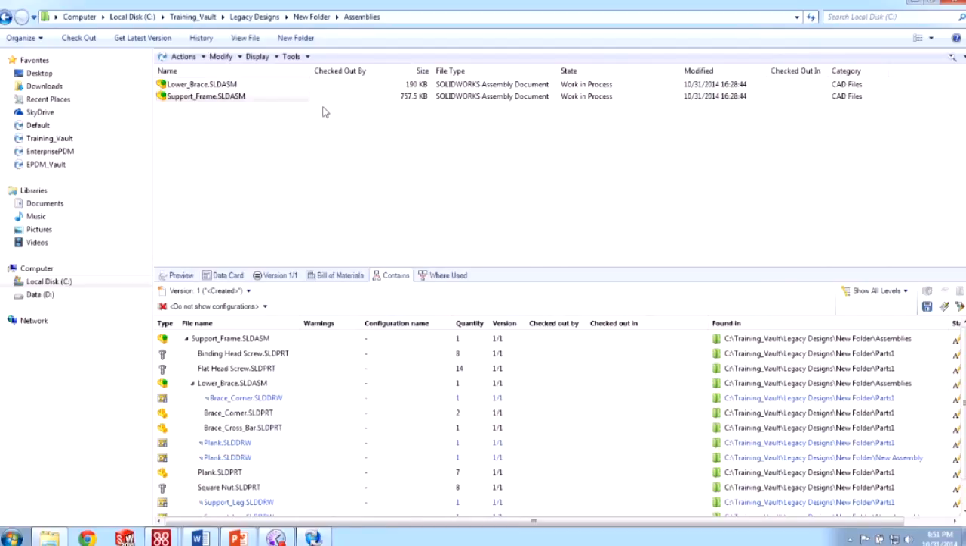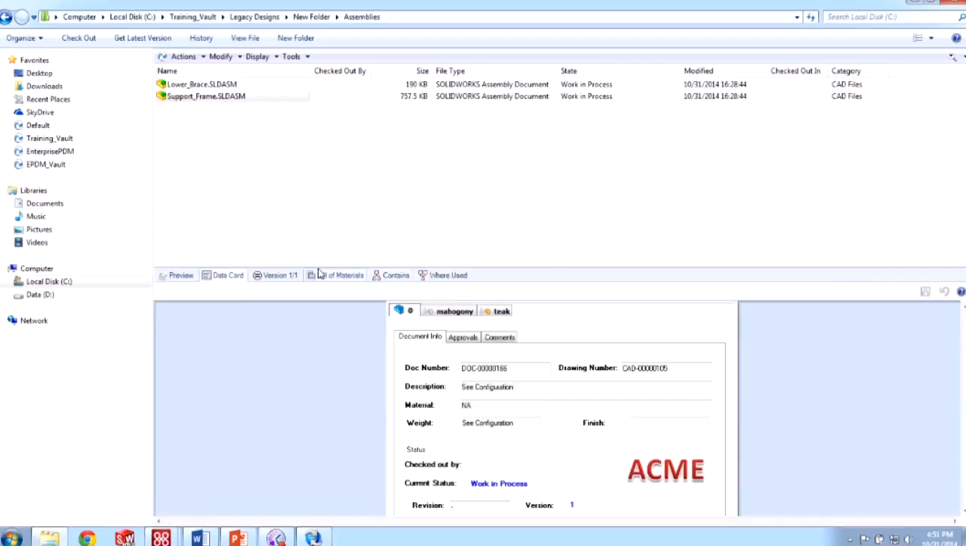Then the last two things that we'll talk about here are the configuration tabs and the SOLIDWORKS add-in. So configuration tabs are important. Configuration tabs are basically different ways that you can add configuration specific properties to your data card. So for example, in this case, I have a support frame that has a mahogany support frame and then a teak support frame. And those have different properties based on the different materials that are being used,